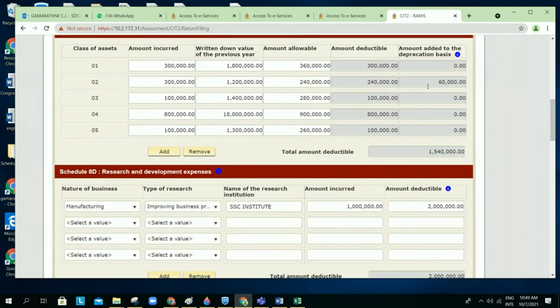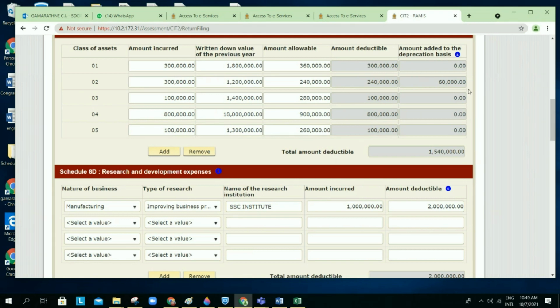Then if you just see the second line, they incurred 300,000 and only 240 is allowed. Therefore, the allowed amount deductible is 240, balance 60 for this year. It should be identified as disallowable. But we are preparing on the direct method. Once we identify the allowable value, that should be adjusted from the income, then we can arrive at the assessable